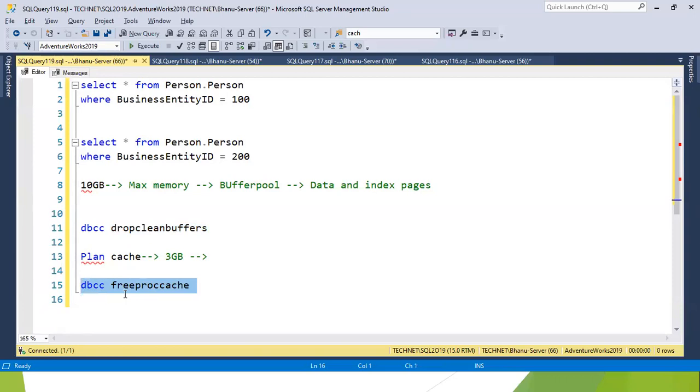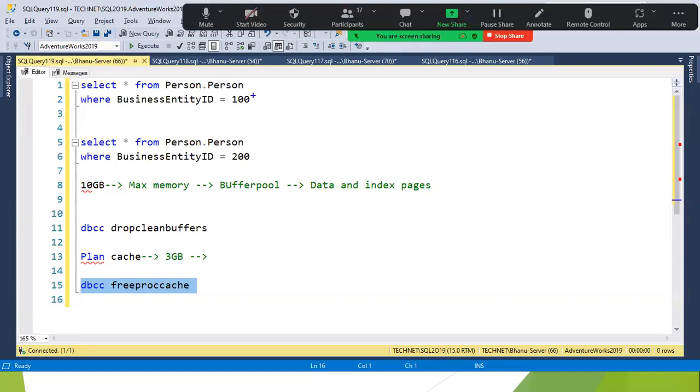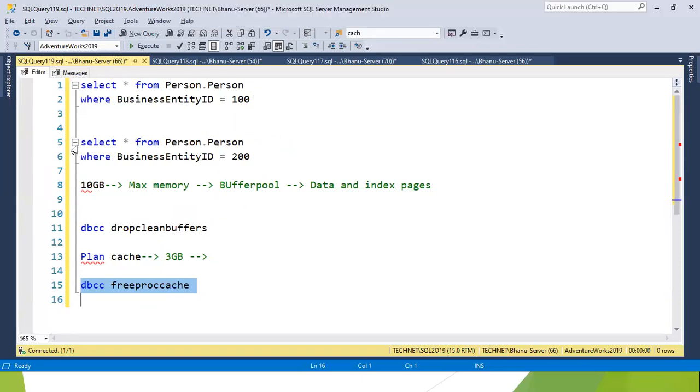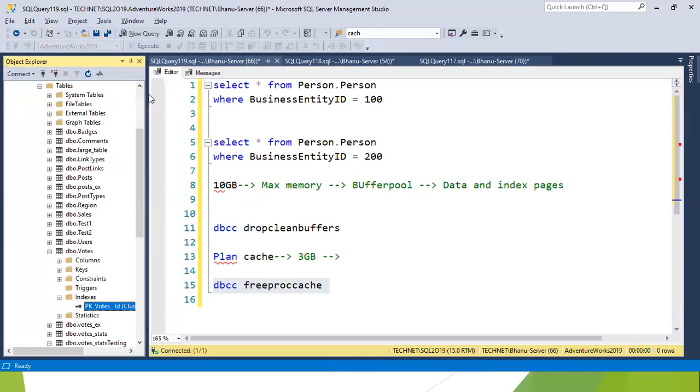But if it is a very highly transactional database, and if you execute this, it will lead to excessive compilations, because if you remove the plan, it will again compile the plan and get the execution of the query. So what will happen if you keep writing the ad hoc plans to the plan cache? To avoid that, what we have is an optimizer for ad hoc